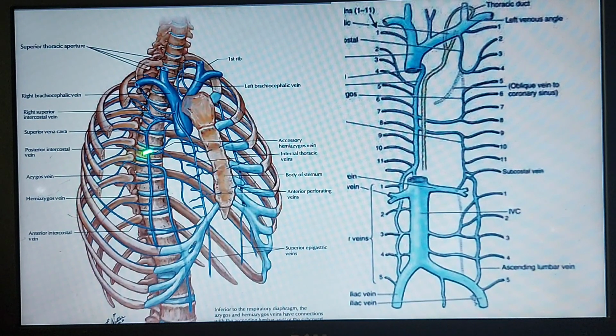Here we can see this is the posterior intercostal veins, and the anterior intercostal veins drain into the internal thoracic vein. Here we can see the internal thoracic vein. Here is the azygos vein. This is all about